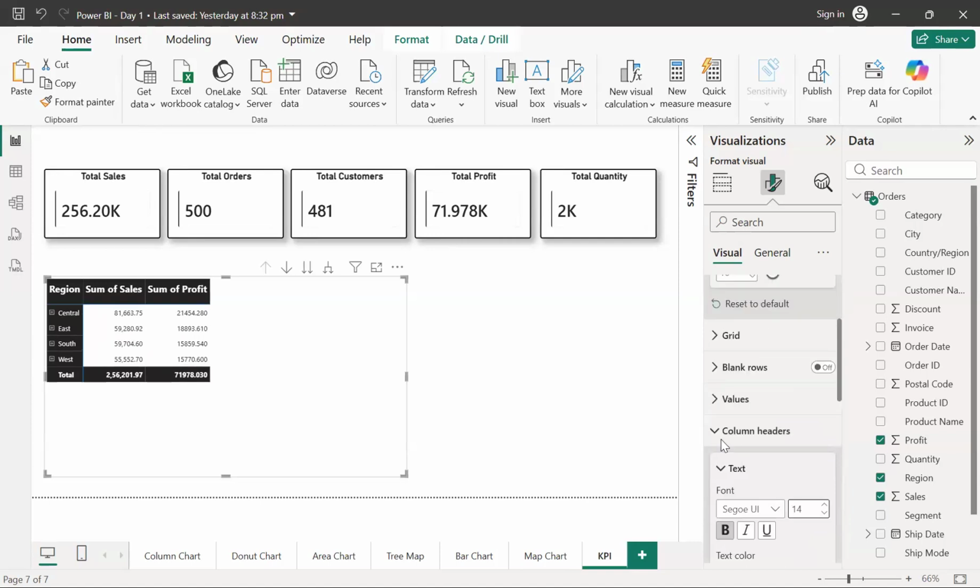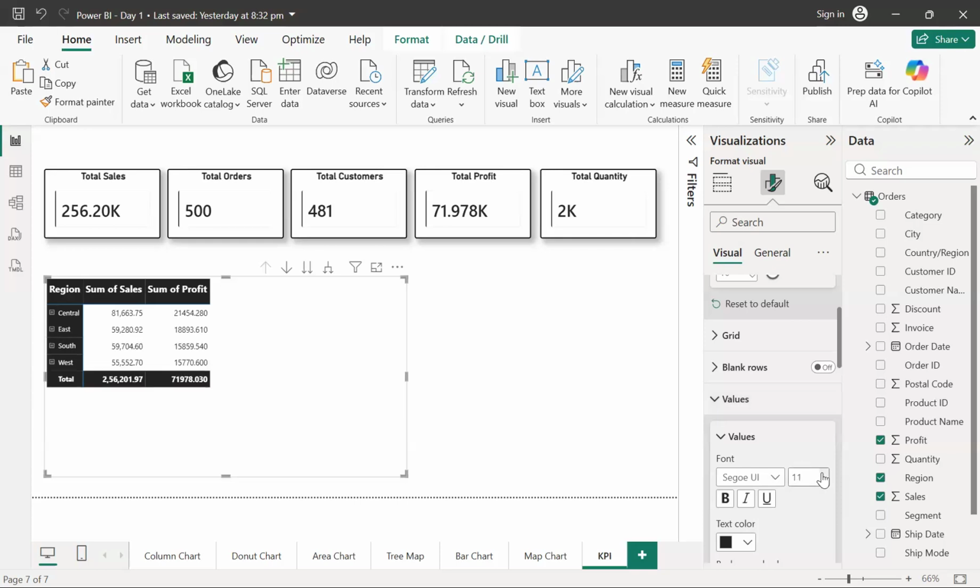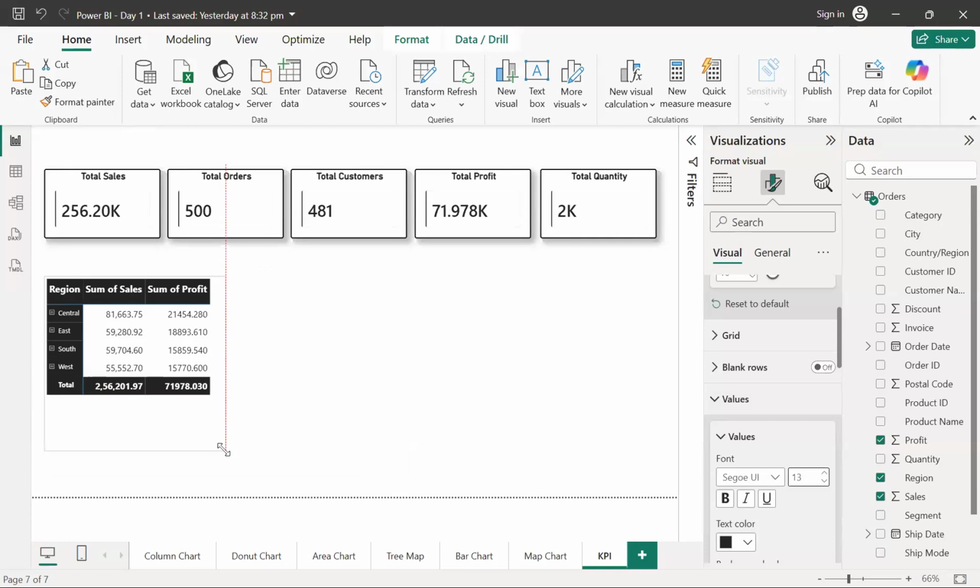Similarly, this is for the column header. We can do the same with the values. Okay. So this should be visible, guys. So I can try to increase the size over here. Now I'll just make it a bit smaller. And now, guys, there's a plus symbol that you are getting over here.